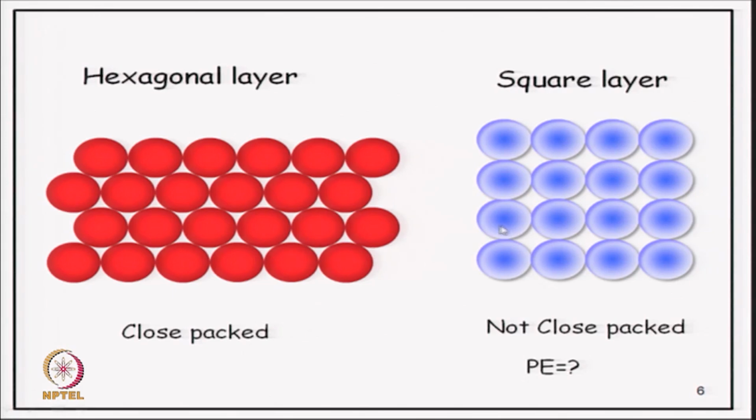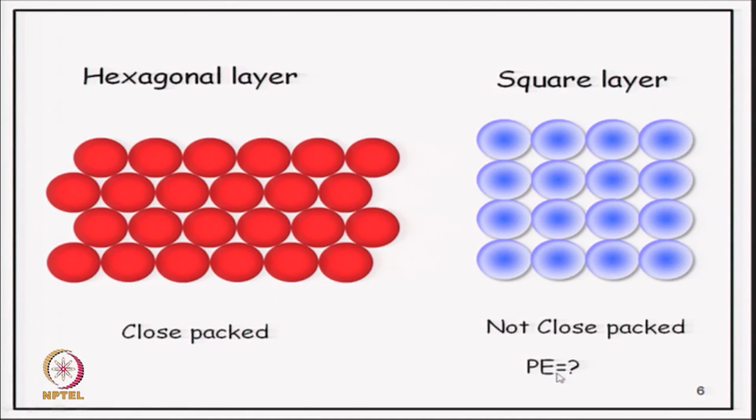So, now here it is a sphere on a sphere. So, instead of a hexagonal layer, you get a square layer. Each sphere is now in contact with only 4 spheres. So, coordination number drops from 6 to 4 and we have a square layer of spheres,